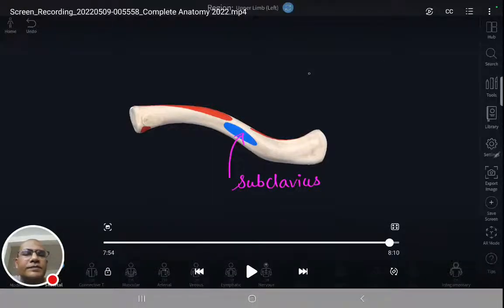The subclavius muscle is inserted on the middle of the inferior surface of the clavicle in the groove for subclavius muscle, and the two borders of this groove provide attachment to the clavipectoral fascia. The subclavius muscle is enclosed within the clavipectoral fascia,